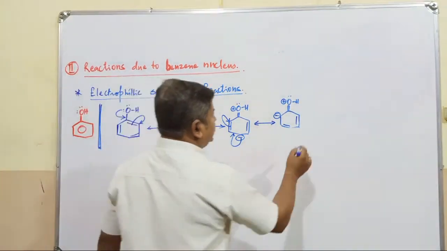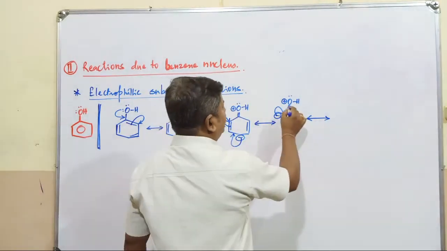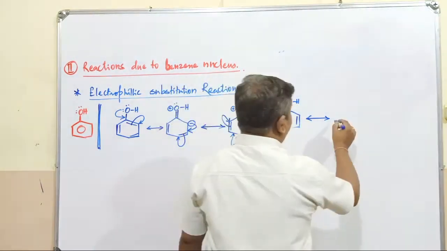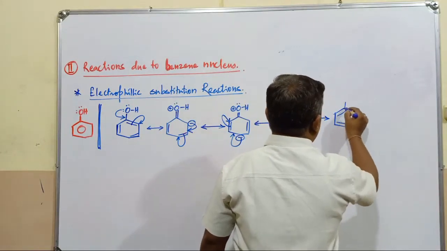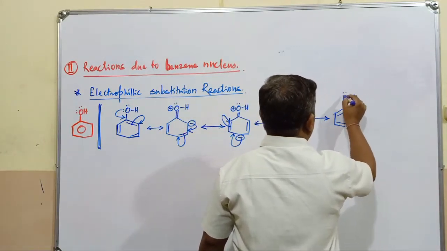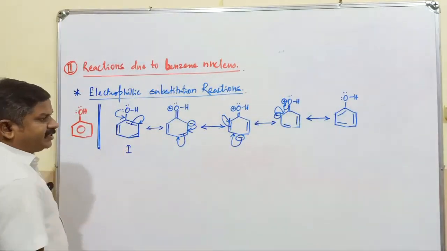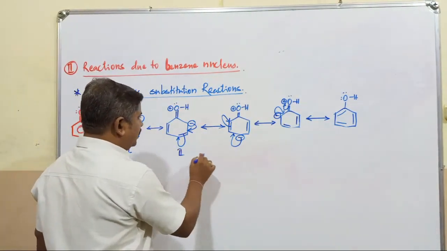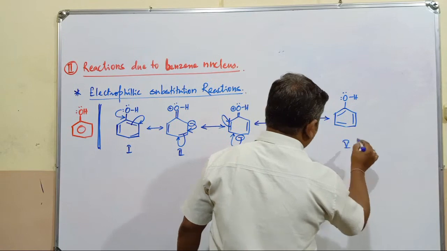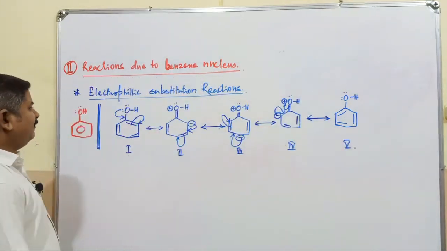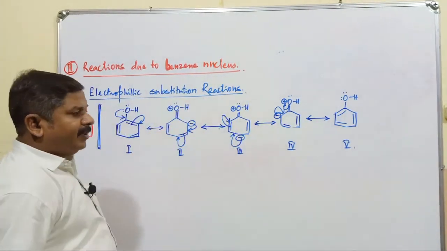What happens in the last structure? In the case of the last structure, this one forms a double bond. These electrons move towards the oxygen atom. So this is double bond, double bond, double bond. It becomes single bond, lone pair, lone pair. What is the difference between the first structure and this second one? This is the third one, this is the fourth one, and this is the fifth one. What is the difference between this structure and the last one? The position of the double bond is going to be different.